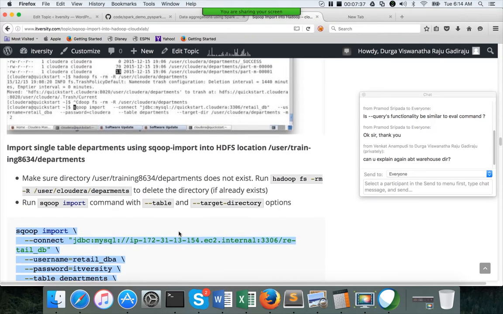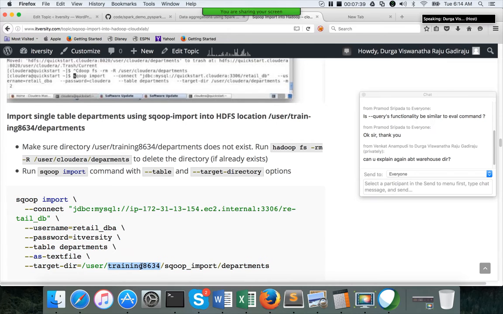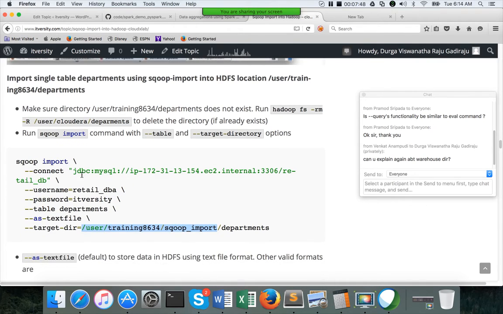So you can actually copy paste everything except this target directory you have to change, and you need to make sure this path exists when you run this command. So here I am using target directory. I am trying to copy the data from departments table and loading data into target directory.